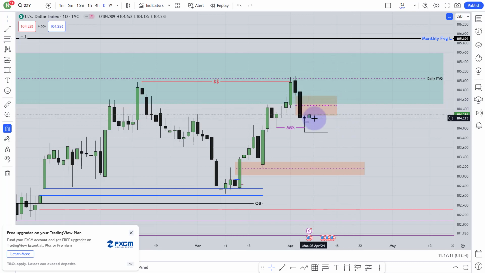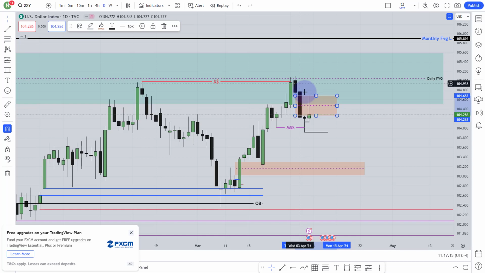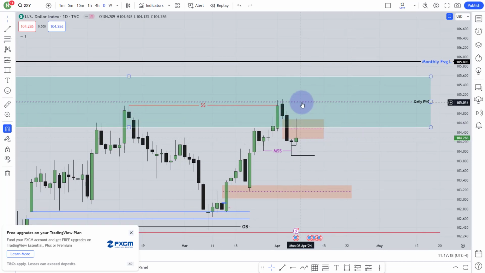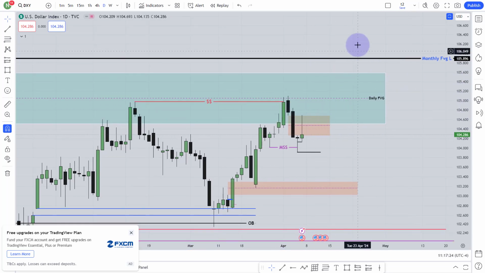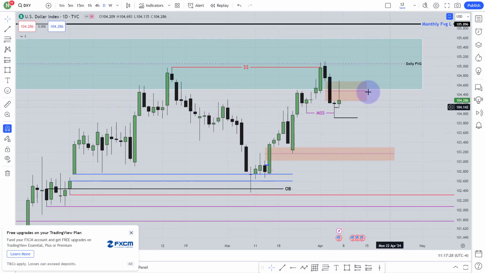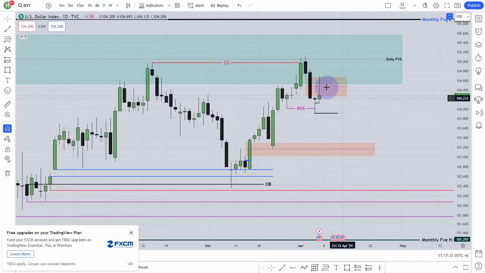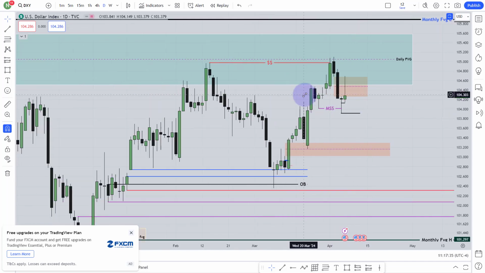But at the same time, if market goes above and closes above that fair value gap, then I'll expect that market is going to break that daily fair value gap. At the same time, here is the weekly fair value gap as well. So it is actually going through that weekly bearish fair value gap and it will go higher. So you have to wait for better price action, and then you have to decide, is this 22 YT model going to work or not?